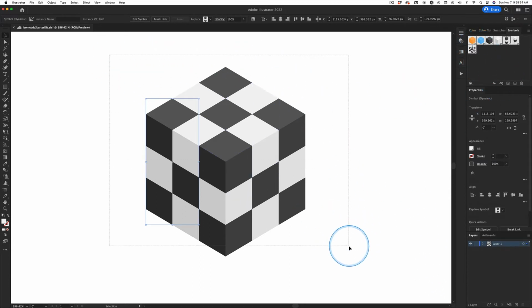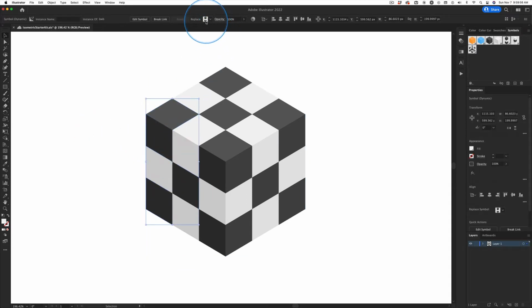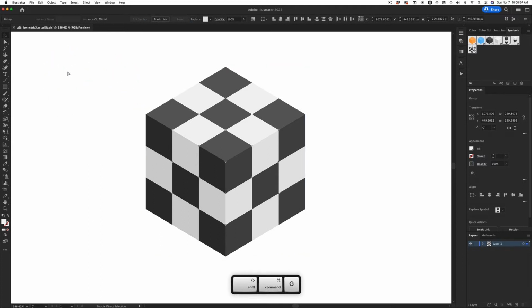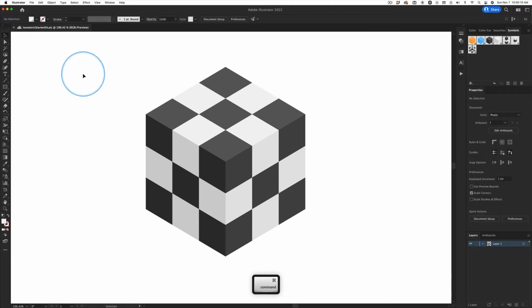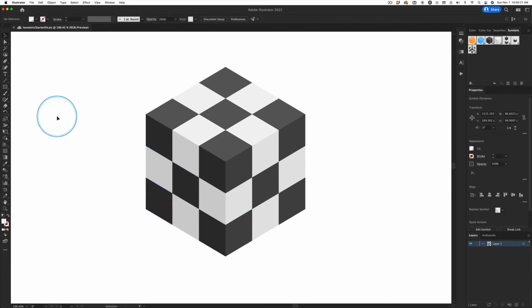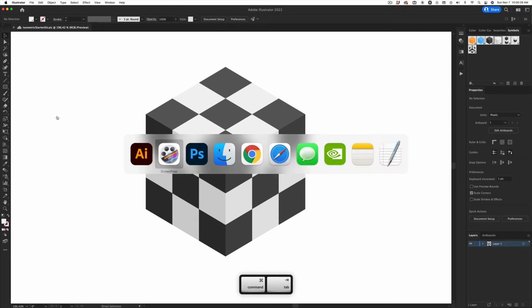So now we want to select this, and I want to break the link, because see, this is the symbol right here. It is the column symbol. I want to break the link to the columns. And then with it still selected, Shift Command 1, 2, 3, 4. Will it work? That's the question. Can I select this single cube right here? This cube. This cube. Yes. So now we have 27 individual cubes, which is really cool and really useful for when you're going to do